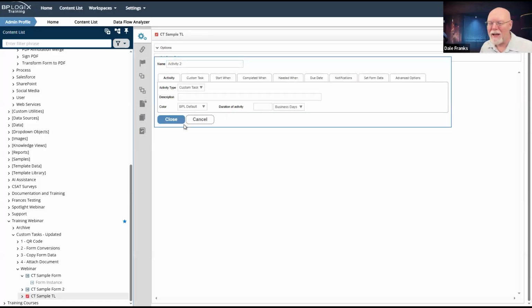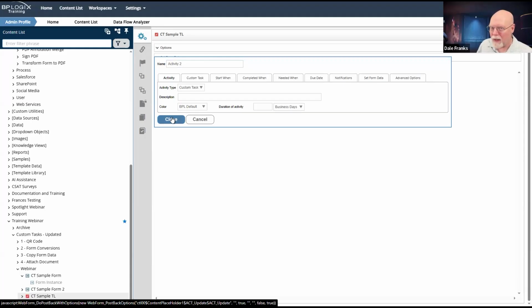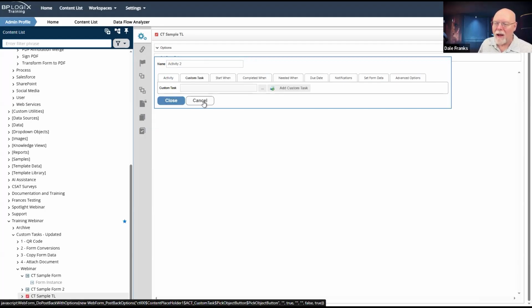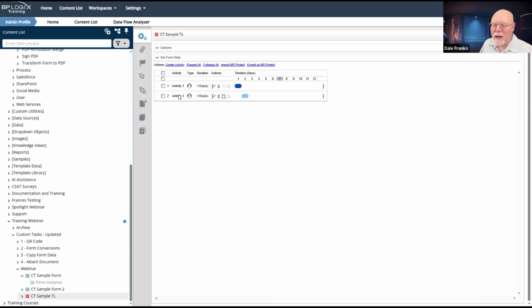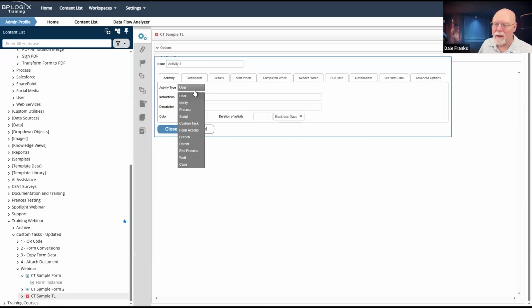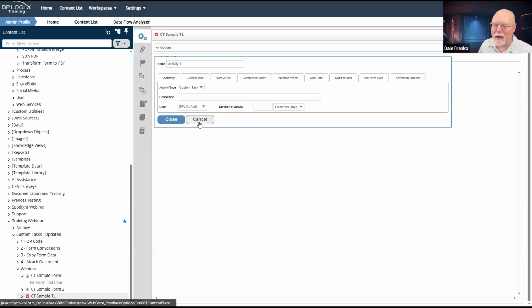And we're going to chain some things here. So what I would do if I wanted stuff to happen in the background, like the convert to PDF, I would chain this in this way. For this activity here, I didn't change it, I'm going to need it to be a custom task activity.